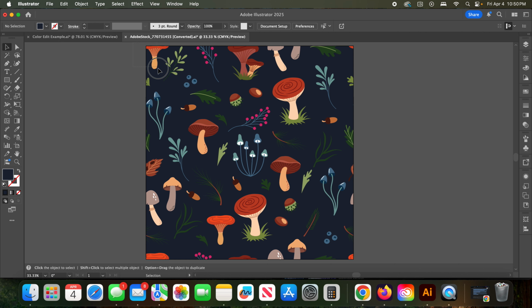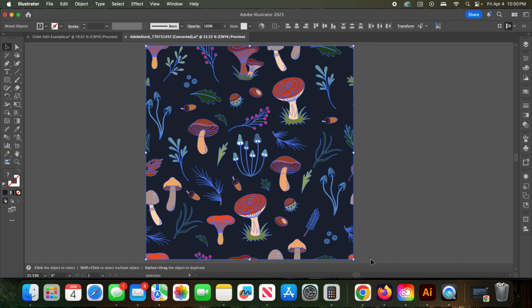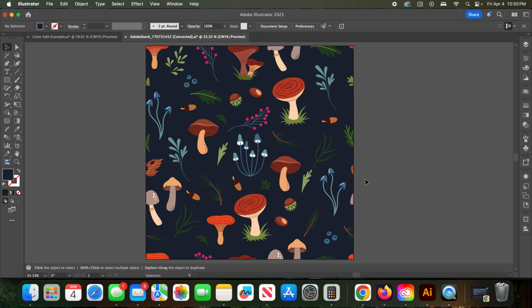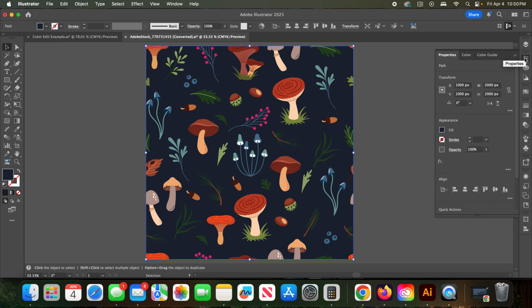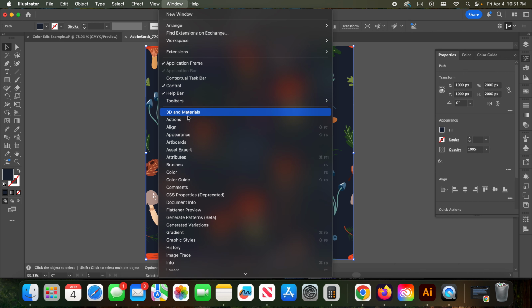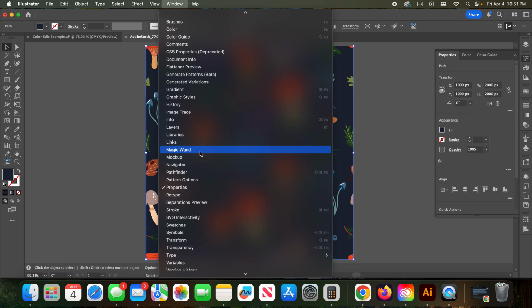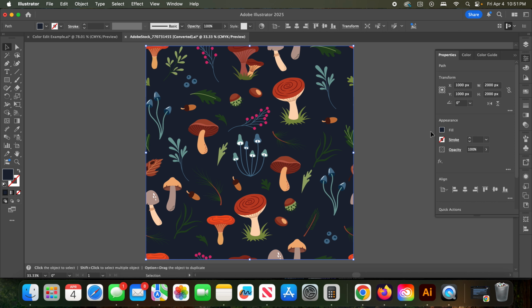So what I'm going to do is select the entire image. It is grouped, so you can see that there are a lot of things selected here. What I want to do first is select the background, and go over to the Properties panel. If you don't have it on the right side of your toolbar, you can go down to Windows and pick it from the Properties panel right here. So we're going to go to the fill